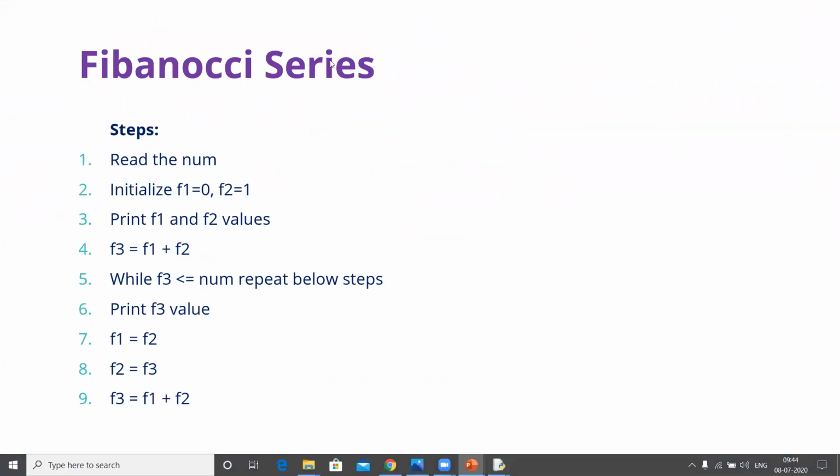The next problem is about Fibonacci series.